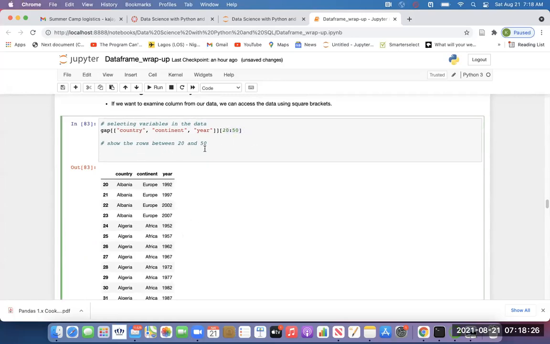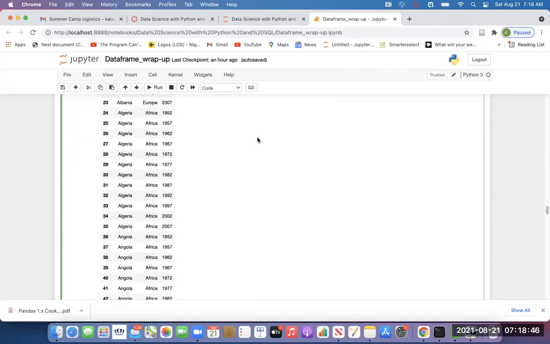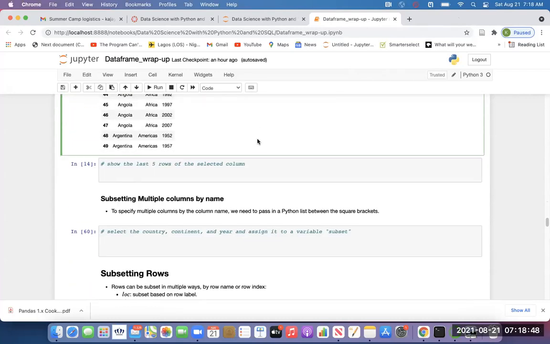This means select all. This last bracket, if I don't include it, it's going to select all of the rows. But by putting this last bracket, it just means I don't want all the rows. Give me the rows between 20 and 50. That's what that last one is doing. Although there is a better method, which we are going to see now,